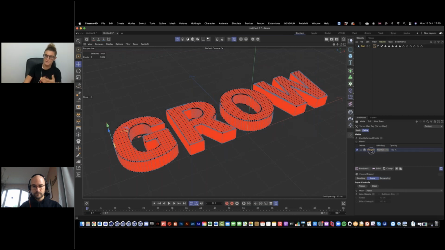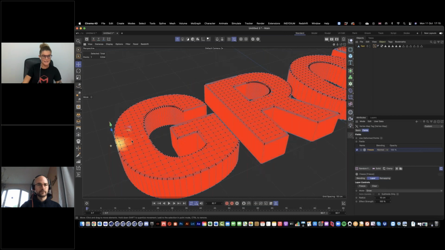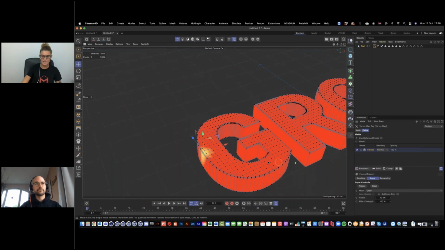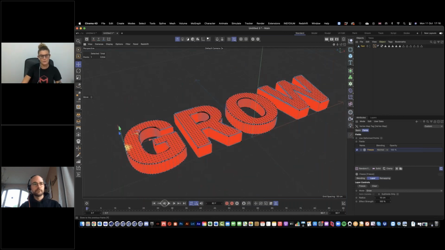So how do we create a growth? If we click our freeze, we then get our layer controls down here. And one of the modes is called grow. So I'm just going to grab grow. And if we actually look here, we can see that this yellow area has got a little bit bigger. Basically what the grow is going to do is look for a point within 10 centimeters of its next point, and it's going to then grow our vertex map weight across my entire text based on this radius. So if we leave it at 10 for now and we press play,